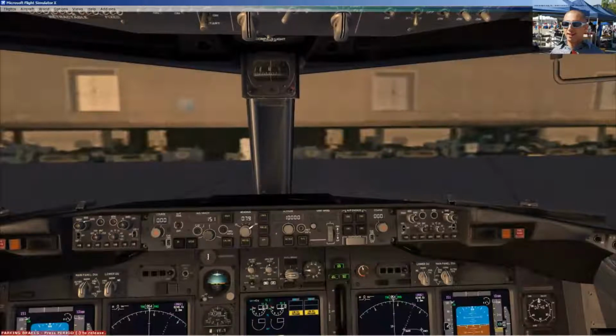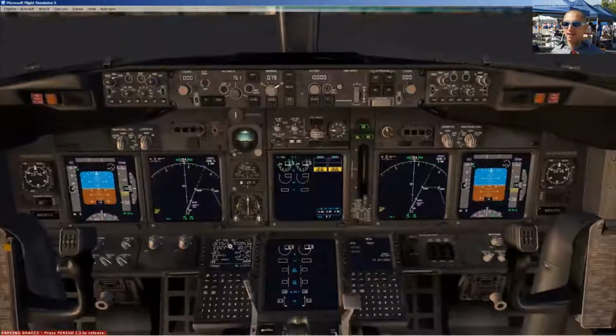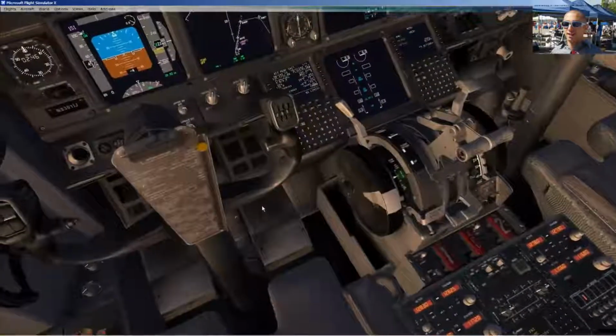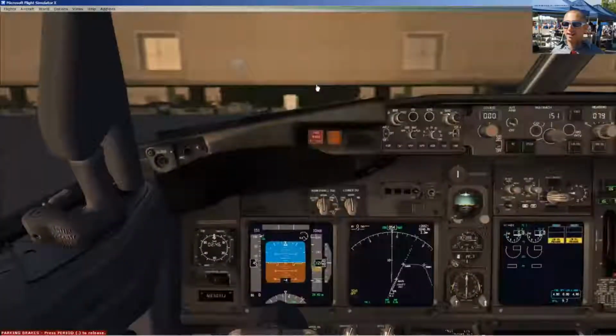GPS is set. And the nav instruments. In this case, we're not using GPS. We're using the IRS. Parking brake is not set. We're going to go ahead and do that now. Let's go ahead and set it. And we'll get our feet on the brakes. And then we're going to go ahead and